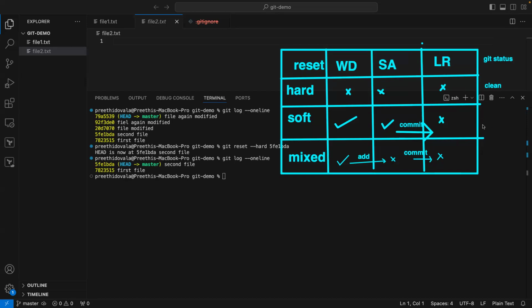Changes to be committed, exactly. Changes to be committed, because they are in the staging area, so we will commit. And in the next case,